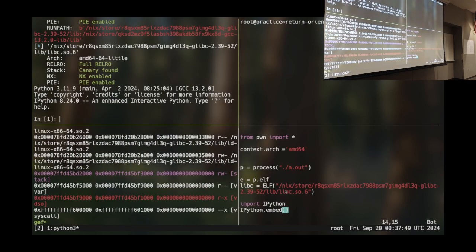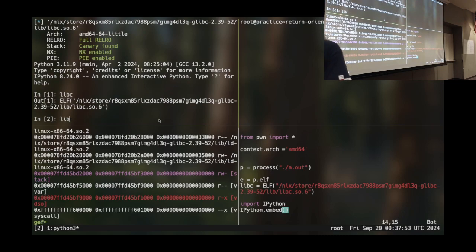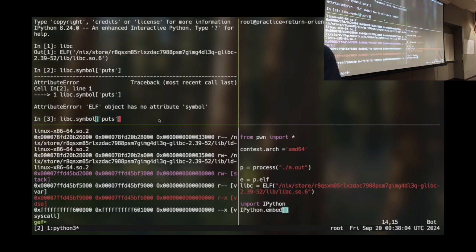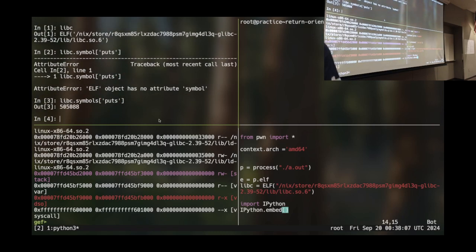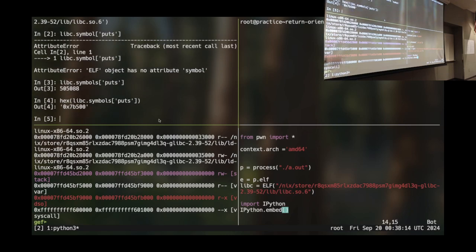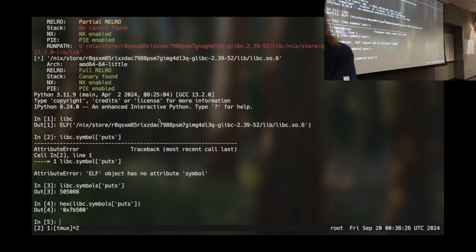Okay, so I have this libc thing. It's still just an ELF. I have this symbols thing, and this is a dictionary. What is the location in this libc symbols of puts? Well, on a libc that's sitting on disk, it's this location right here. Remember, numbers are just numbers. That is the location of it sitting on disk. Does that tell me where puts is running? No.